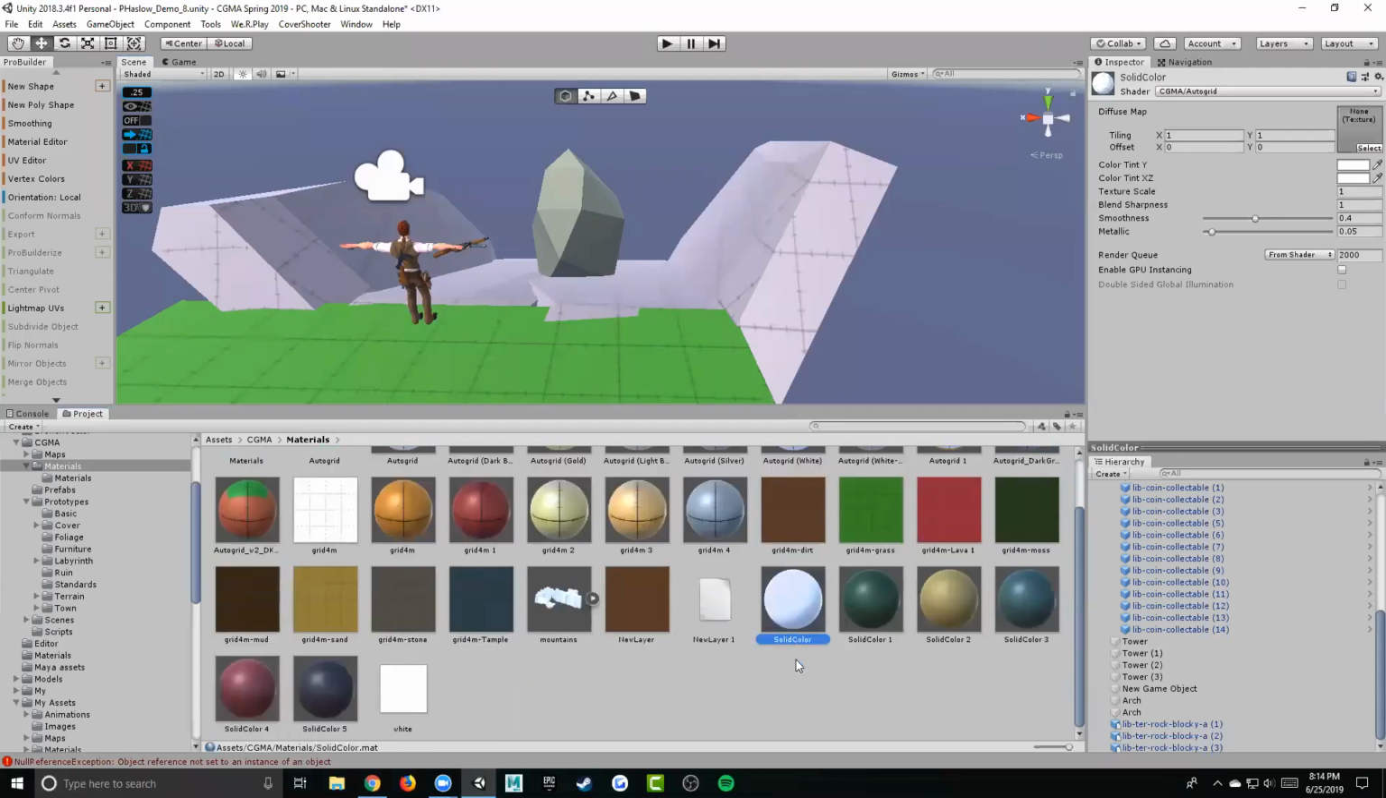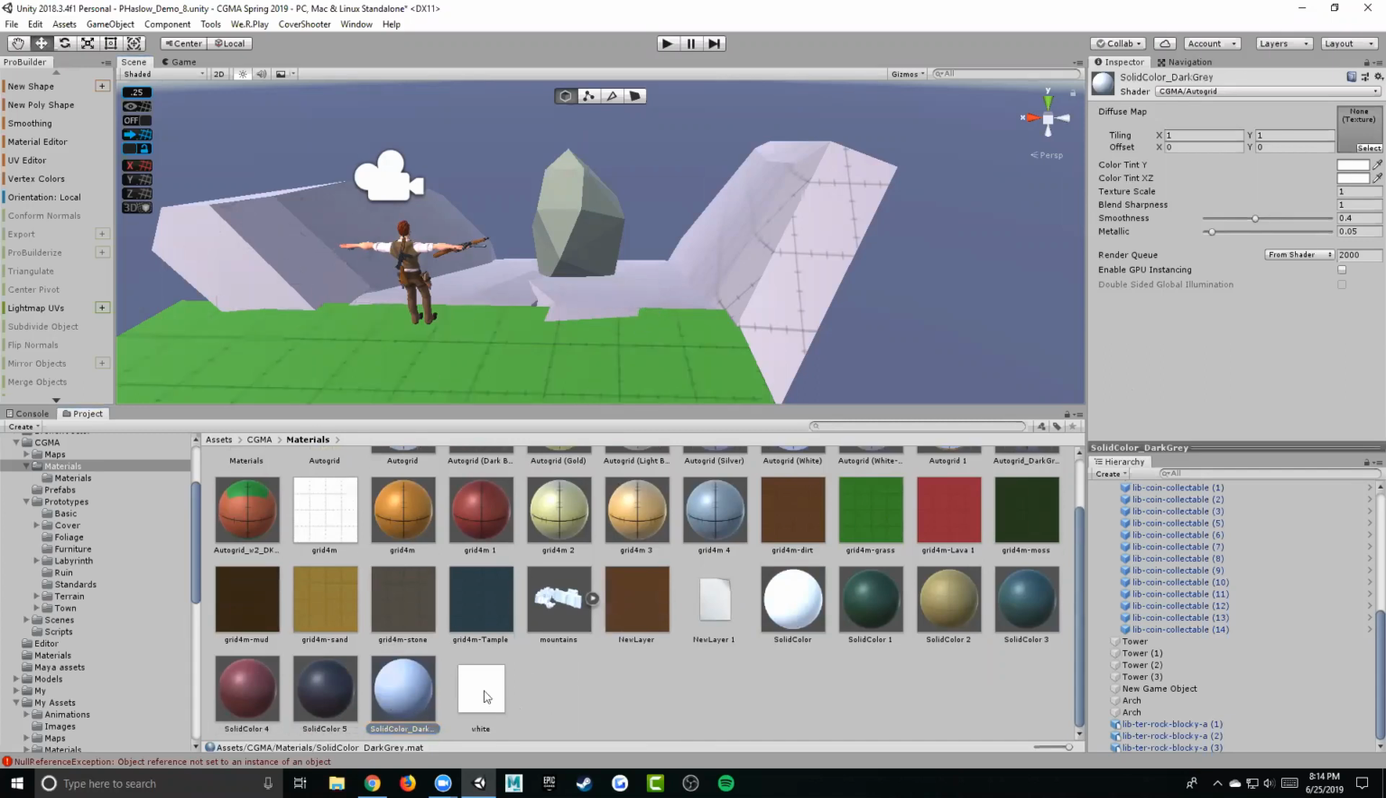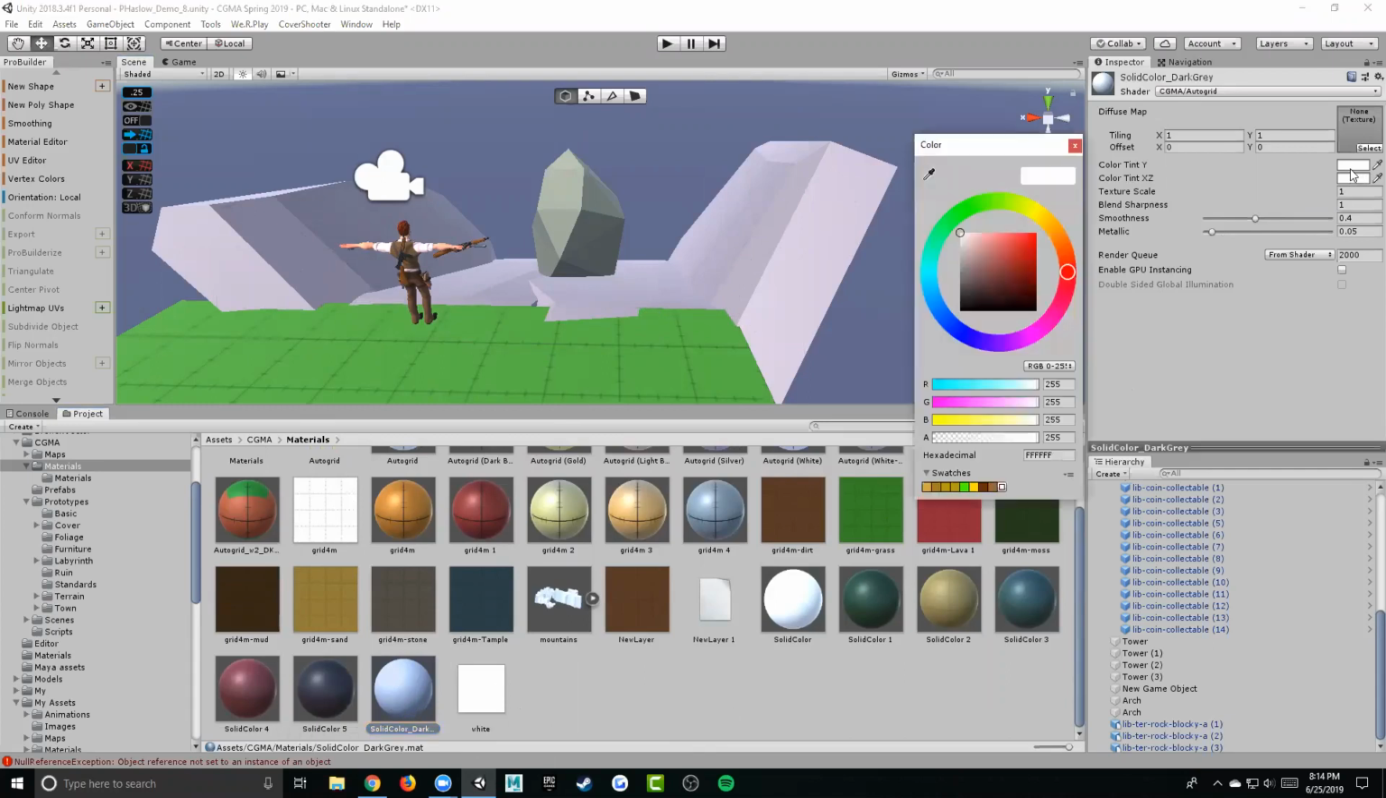Actually, maybe I'll do solid color. Yeah, I'm going to go for that a little bit. This is pretty fussy, but I can't help myself today. That's how it's feeling. Okay, so now we'll do solid color. And we'll just do